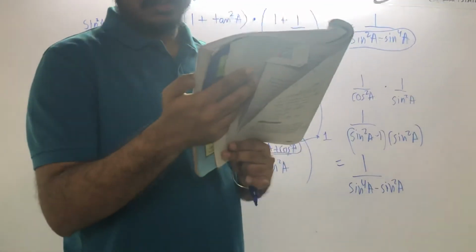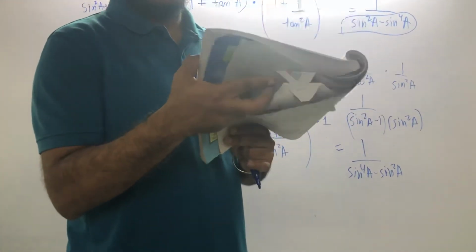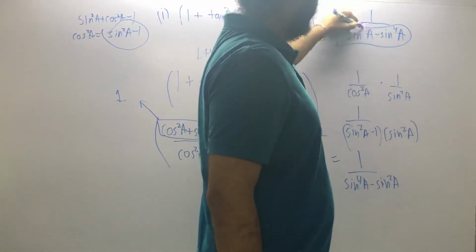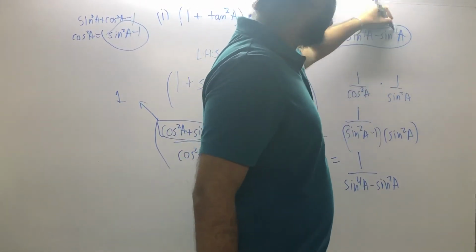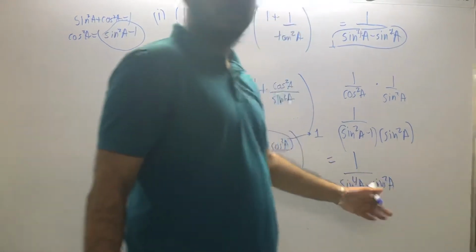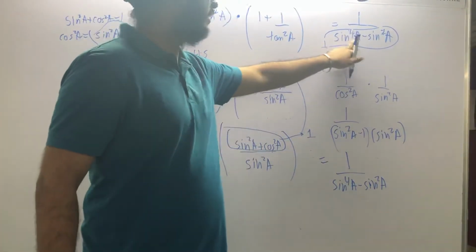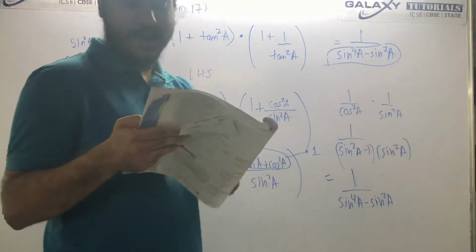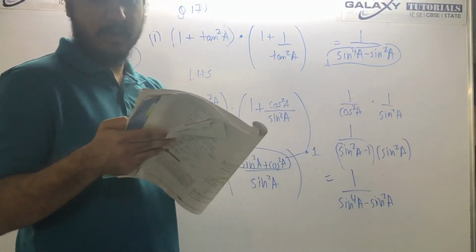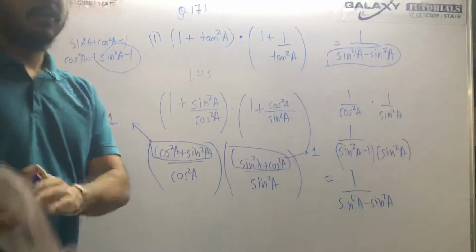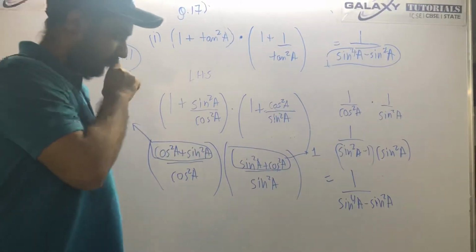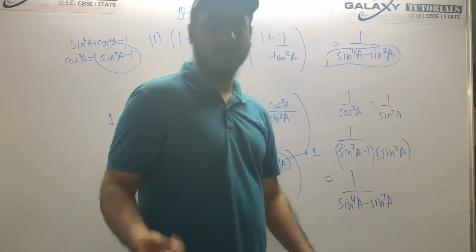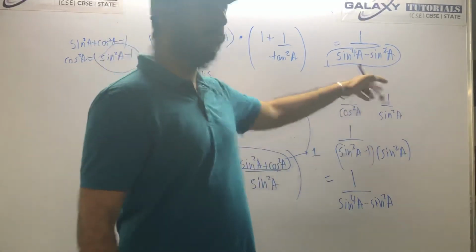Okay, but there is, I think, a little bit of a mistake in your book. The right hand side will be sine raised to the power 4 minus sine raised to the power 2. Because you can see left hand side is coming this and you cannot change anything in this. Make a correction in your book. The right hand side should be sine raised to the power 4a minus sine raised to the power 2a. See, left hand side is coming this and right hand side was the opposite, so this is not possible. So there might be a mistake in your book.